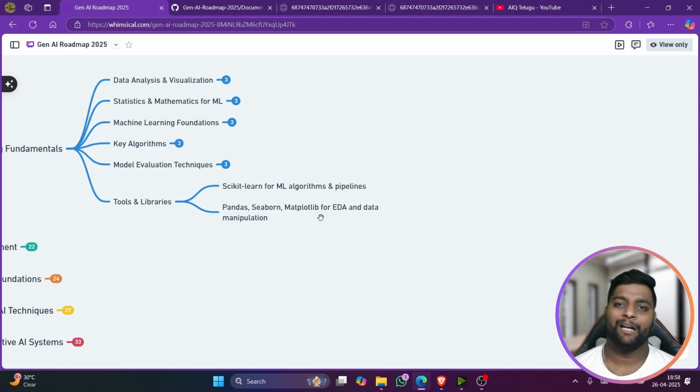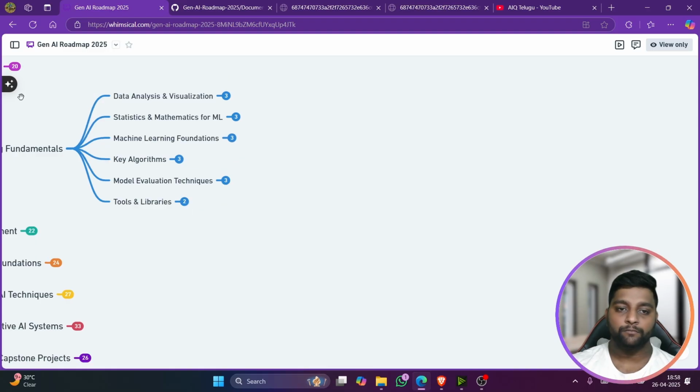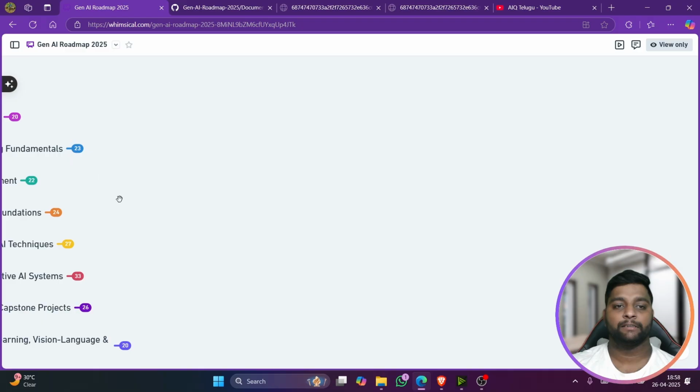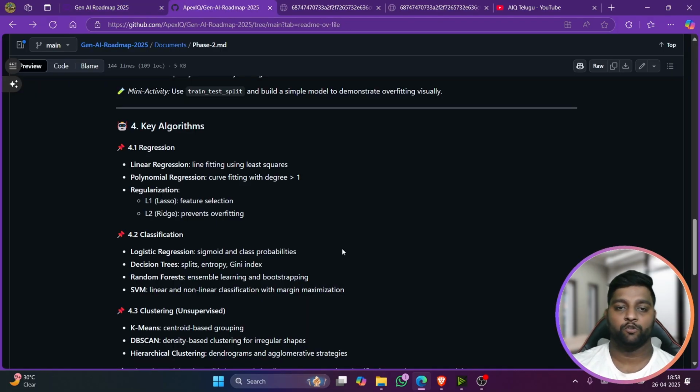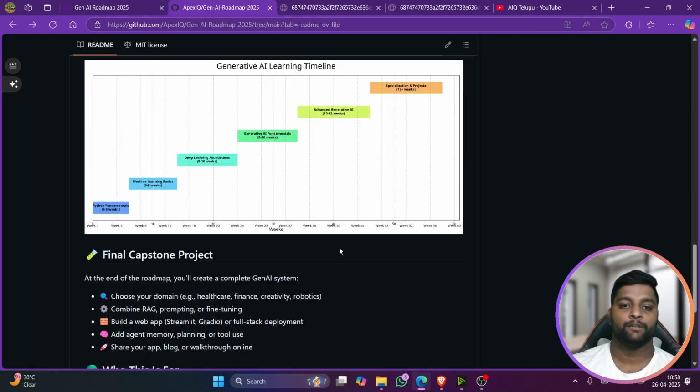And apart from that, you have even PySpark, Dask, some other libraries as well which you can use, but mostly scikit-learn is 100% used. And for visualization and EDA in short, you have pandas, seaborn, matplotlib, and data manipulation as well. So these are some of the tools. And after this, once you are done with this, the machine learning is clear. So the timeline for this, you can see here,